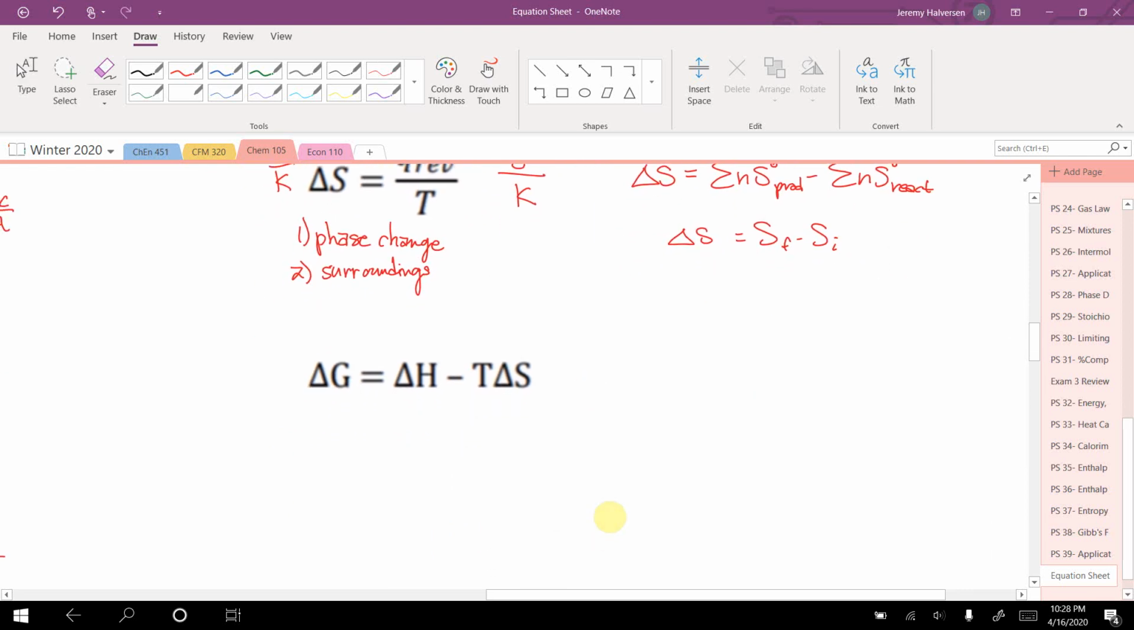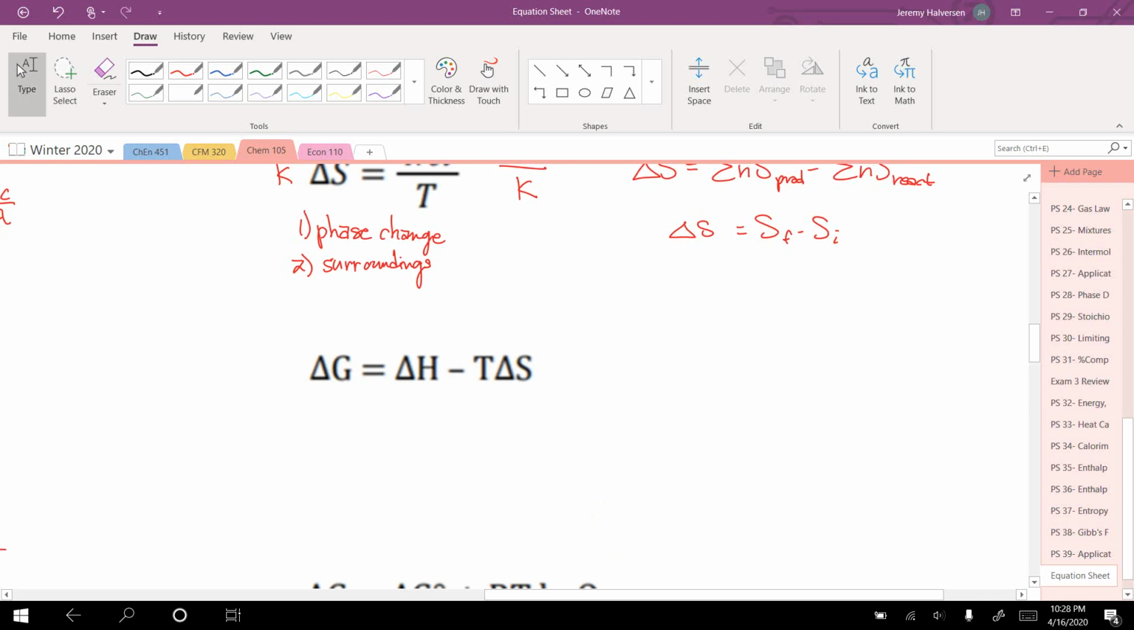Okay, that brings us to this equation for delta G. This is Gibbs free energy, so it's energy, so it's going to be in joules, H is going to be in joules, T is Kelvin, and entropy is joules per Kelvin. So the units work out. And we talked about how to calculate delta S. There's another way to calculate delta G, and that's if I have delta G of formations. So if I have delta G of formations for everything in my reaction,